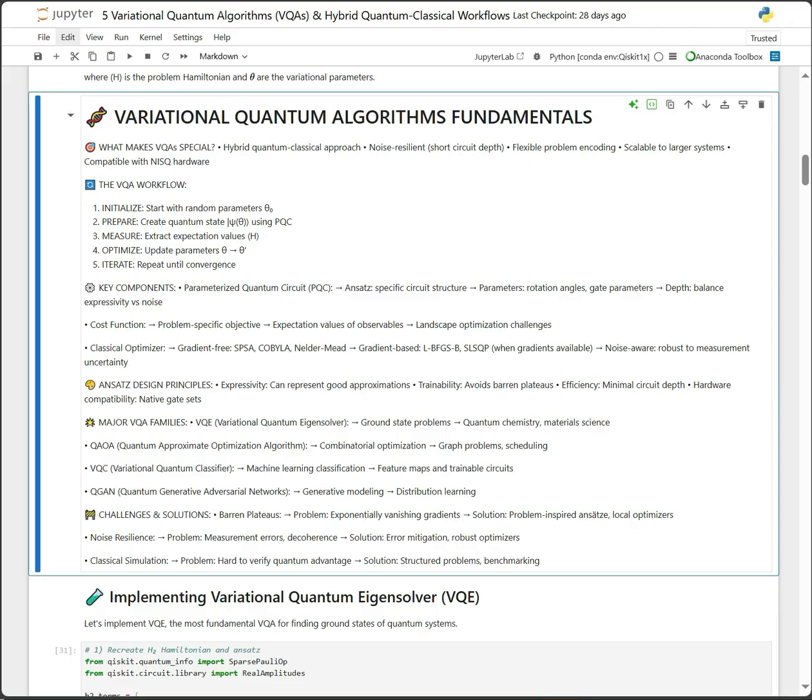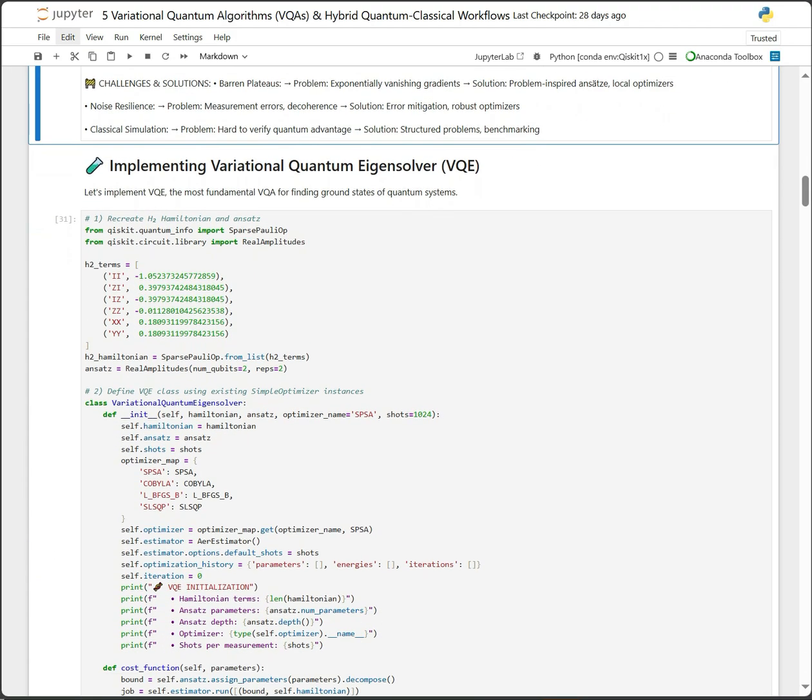So think of it like this. In the old approach, you try to solve the entire problem with the quantum computer, but with the VQA approach, the quantum computer explores the solution space. It tries to give you an idea of what you have, and the classical computer navigates it. So this makes VQAs noise resilient and practical on today's noisy intermediate scale quantum devices. The two main VQAs that we'll implement are the variational quantum eigensolver and the quantum approximate optimization algorithm. So, checking here the implementation,